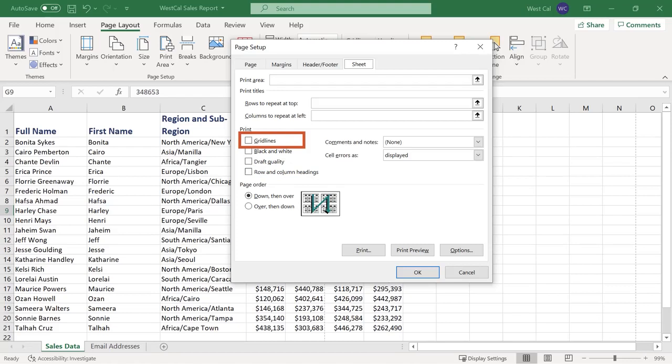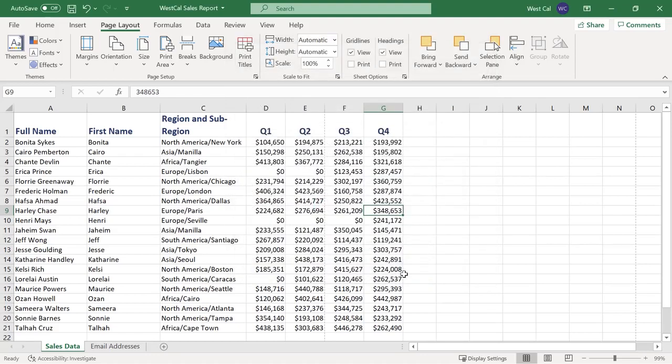Grid lines refer to the thin horizontal and vertical lines that divide a worksheet into rows and columns. Such grid lines are very useful in helping to separate data and facilitate the readability of your worksheets. For this reason, it is generally a good idea to include grid lines in your printout. You can turn grid lines on and off from here, or go to the Page Layout tab and check the Print checkbox under the Grid Lines header in the Sheet